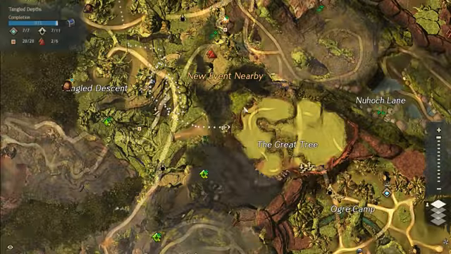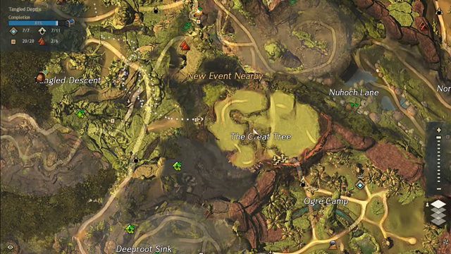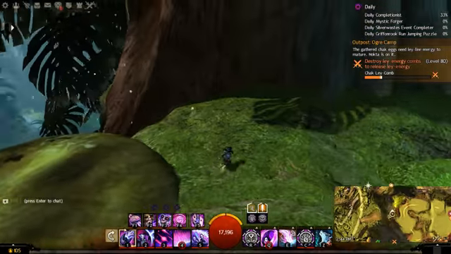As we can see on the map, we are on top of the great tree. We can go back into the Tangled Descent, or we can go to the Flax Garden on top and come out of the Ogre Camp. Now, as I reposition myself more safely,